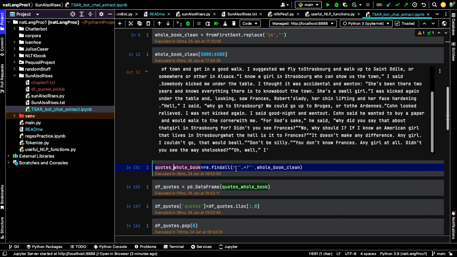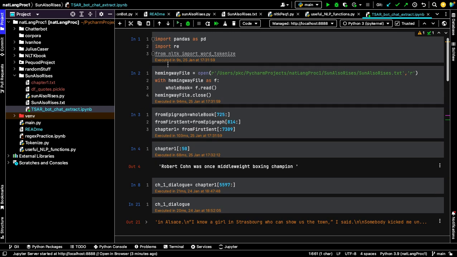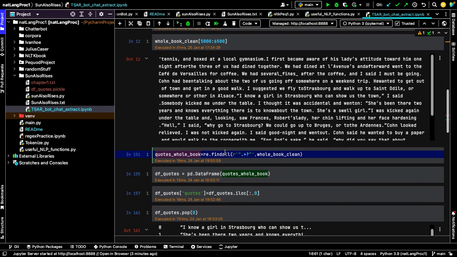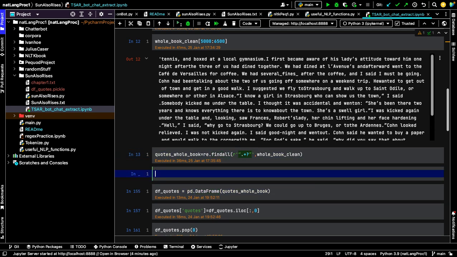So I found this function: you import regex up top, and then you use find all with any character, plus, question mark. You pass the whole book text through it and run that. Let's just do the first 25.